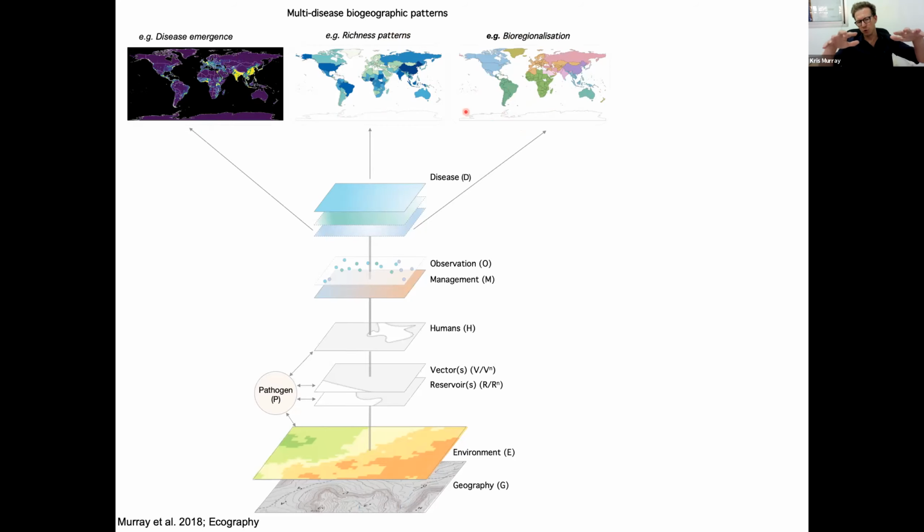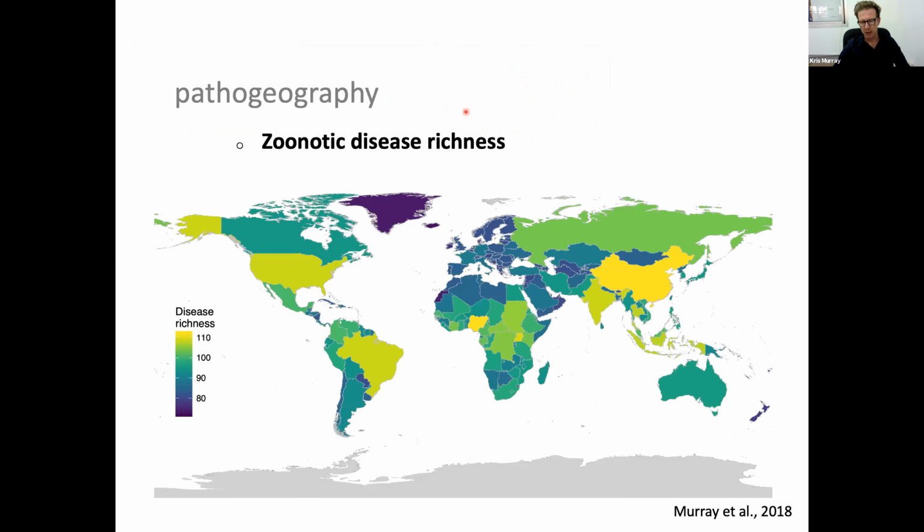So what can we learn from looking down from this bird's eye view perspective? Here I'm only going to have time to talk about one of these analyses. I'm going to take the middle one, which was the zoonotic disease richness picture. This is what zoonotic disease richness looks like at the global level. You can see there's quite a lot of variation. There's no real clear